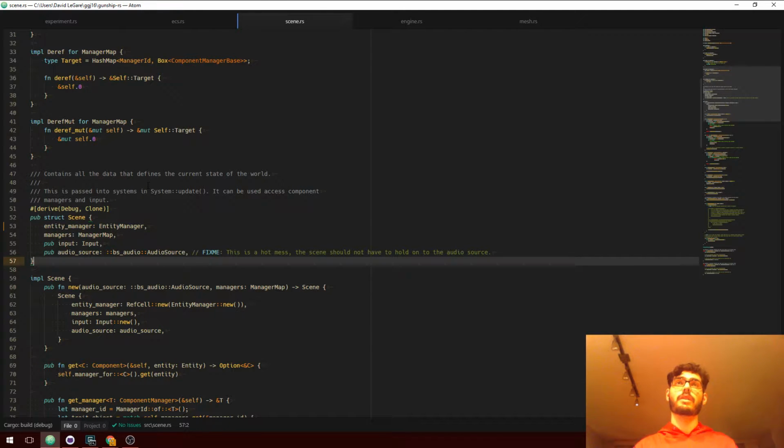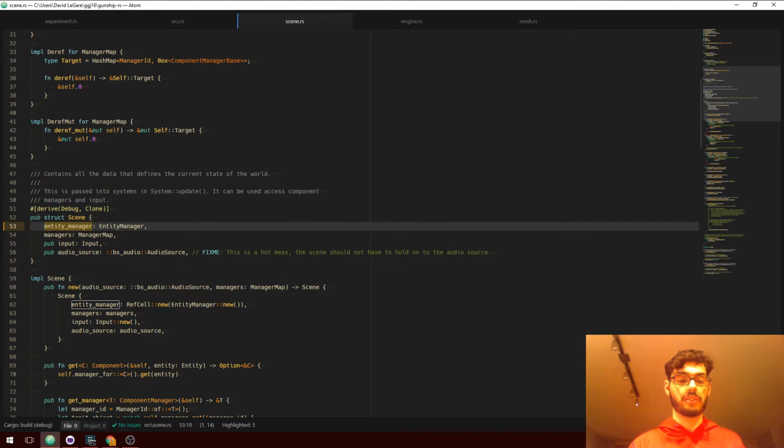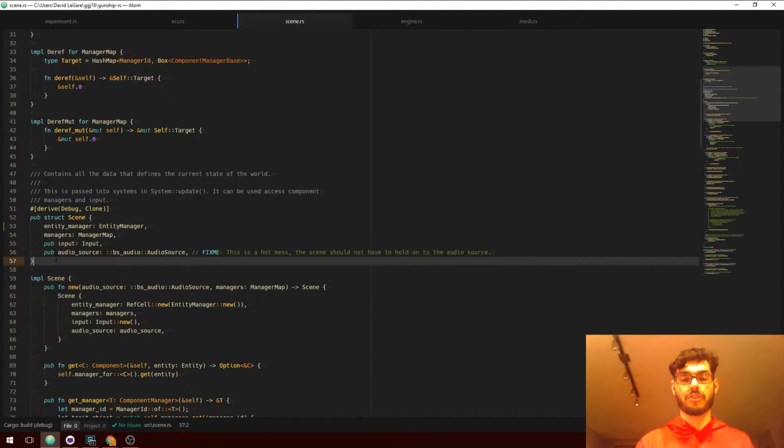However, there are probably better ways of going about that. Or at least, even if there was no explicit scene, I could still have a function on engine, like engine wipe away game state, that could just clear the entity manager and clear the component managers.